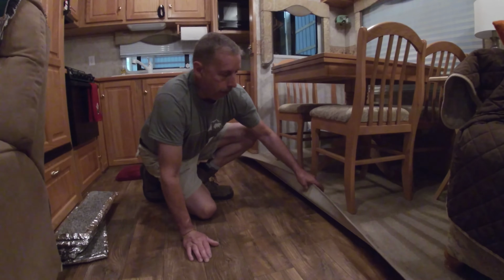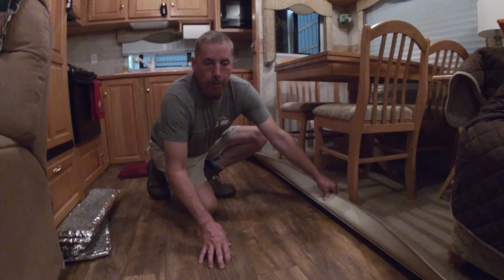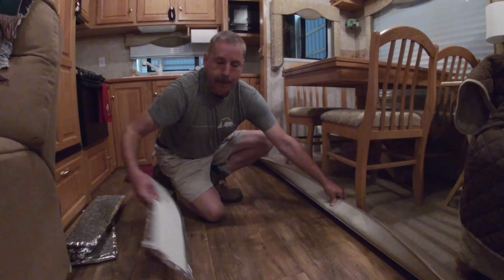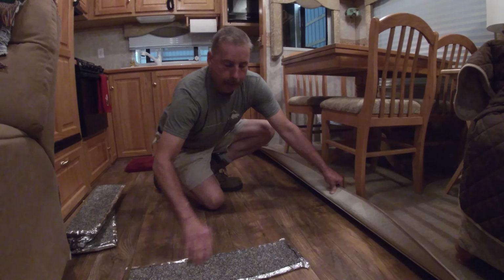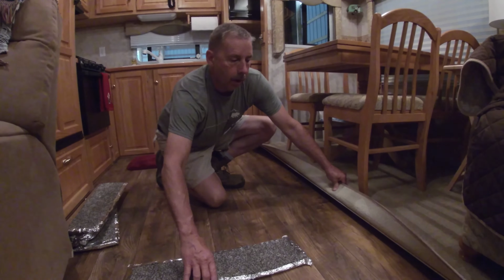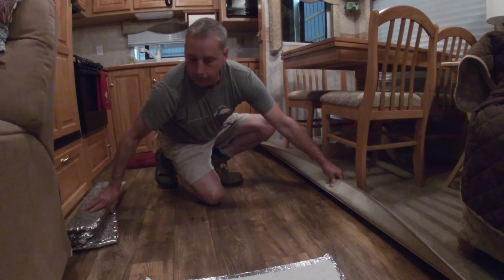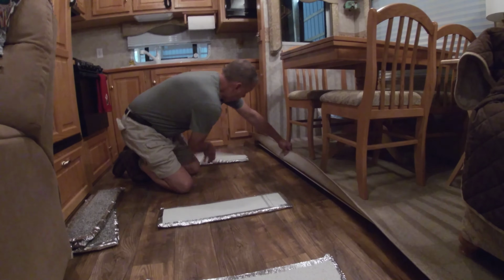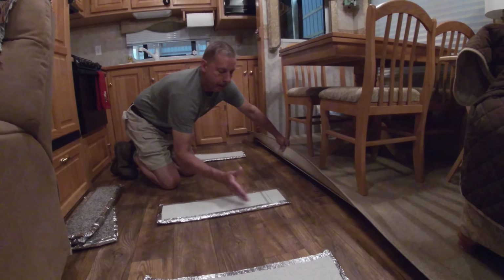So what I came up with, when I got the flooring from the flooring store, the guy gave me some remnant carpet, and I cut these strips out of it, and I just put foil tape around the edge to keep the fibers from all falling off. So when we pull our slide in, I'll just put these down with the carpet side down. That slide would come in,